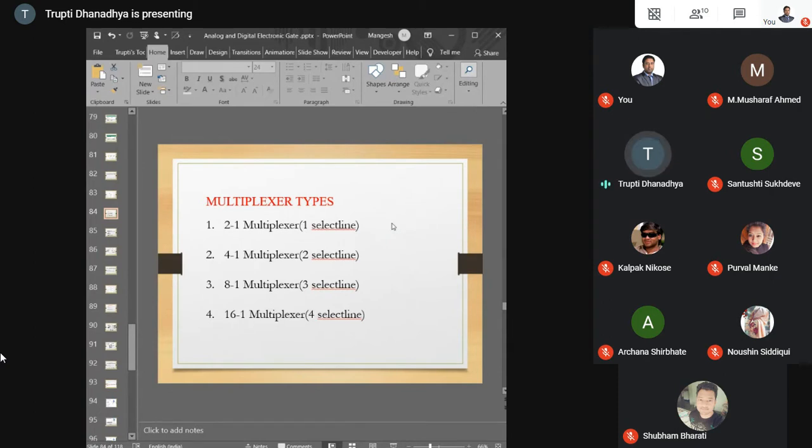We have only one output at a time, and we get the output according to our digital circuit diagrams. Then next is your 4 to 1 multiplexer. Of course, there are two selector lines. You can use the relation 2 raised to power m is equal to n, and you can calculate the selector lines for designing the multiplexer. Then 8 to 1 multiplexer, and 16 to 1, so we require 4 selector lines. So these are the types of multiplexer used for designing multiplexer circuits.